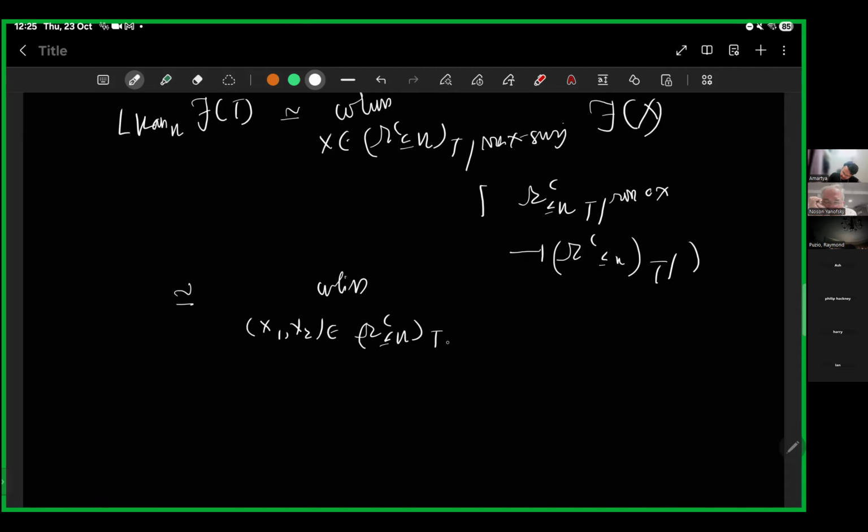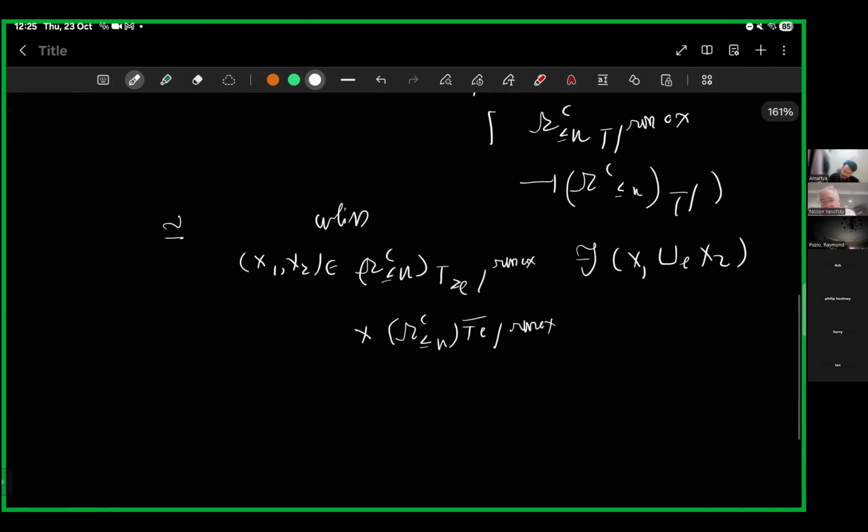It gets a bit messy here, so you can follow along in the paper if you want. Times R max. This is something where we are using this lemma that we saw, this inverse, this gluing thing that we saw. So that's where this comes from. Then